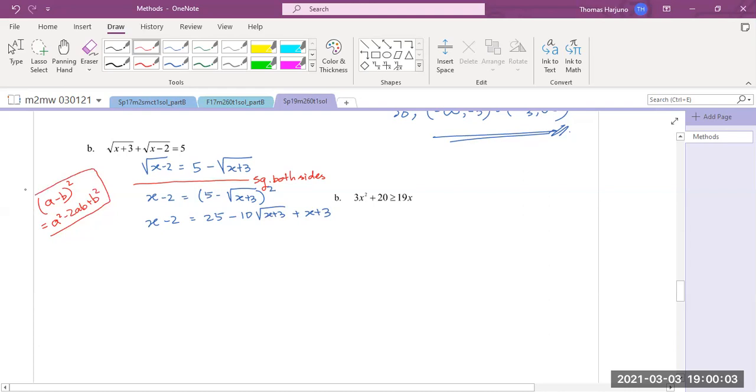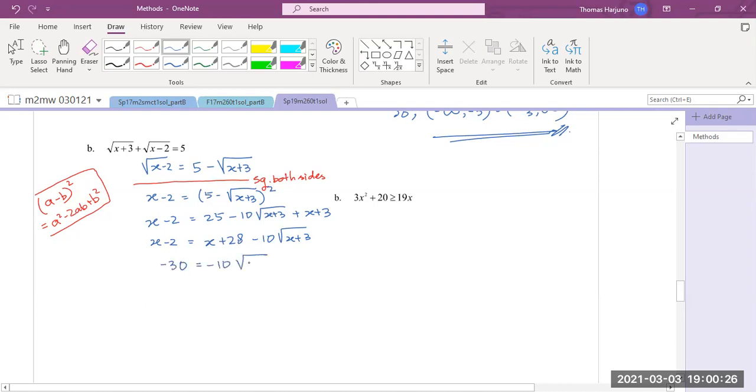We are not squaring term by term. We are squaring the left-hand side and the right-hand side. So the left-hand side stays the same. The right-hand side is x plus 28 minus 10 square root of x plus 3. Cancel the x, subtract 28,